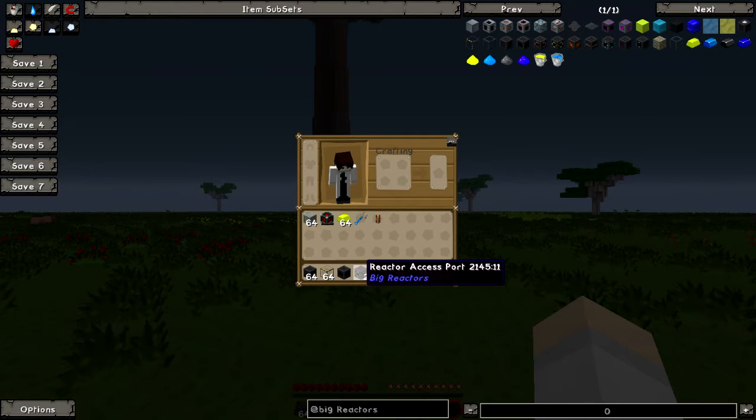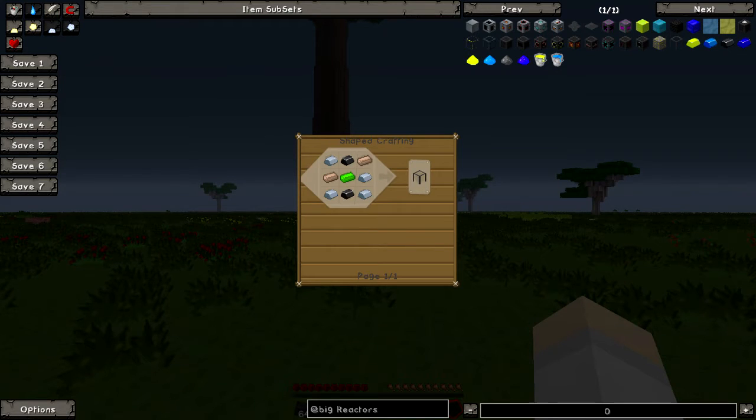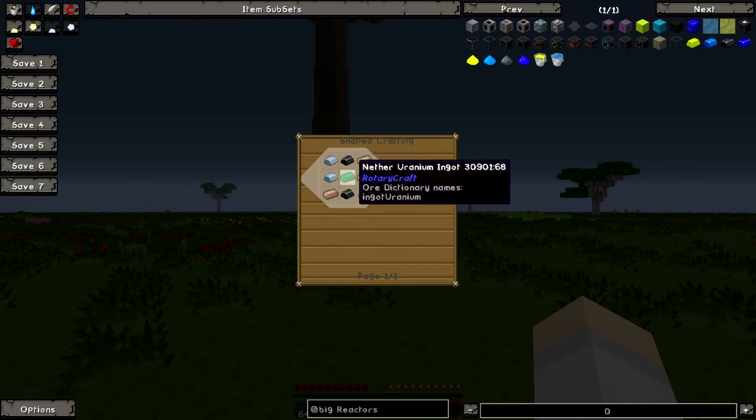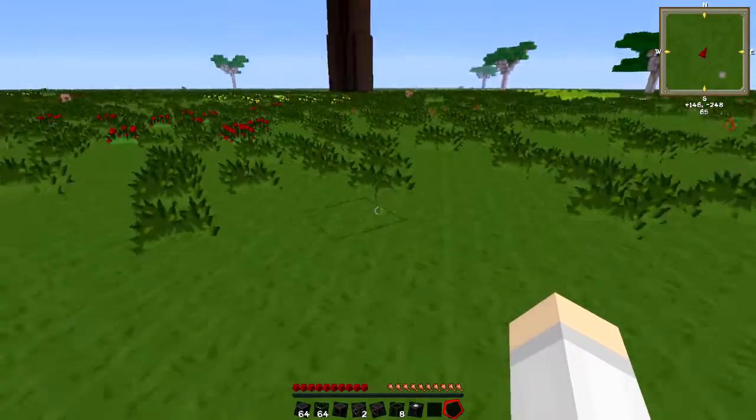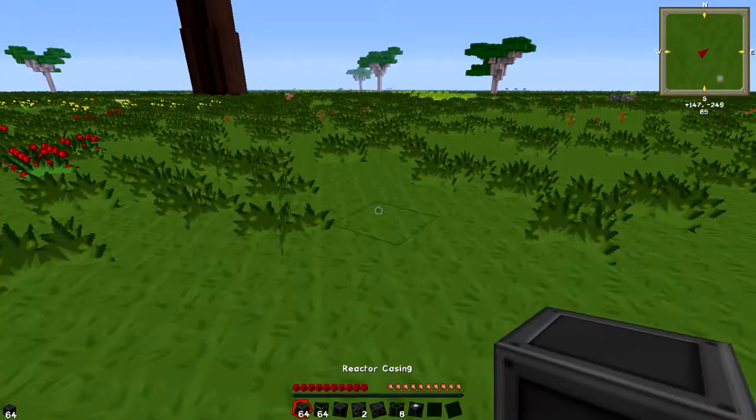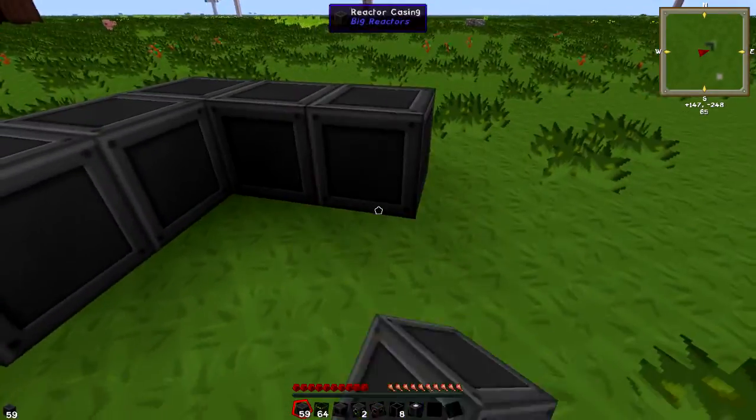You're also going to need a reactor access port and a power tap to get the stuff out, and they're simply made like so. Easy enough to make. You're also going to need a fuel rod, which is iron, graphite and yellorium, and a reactor control rod as well, like that. So the very basic nuclear reactor is simply